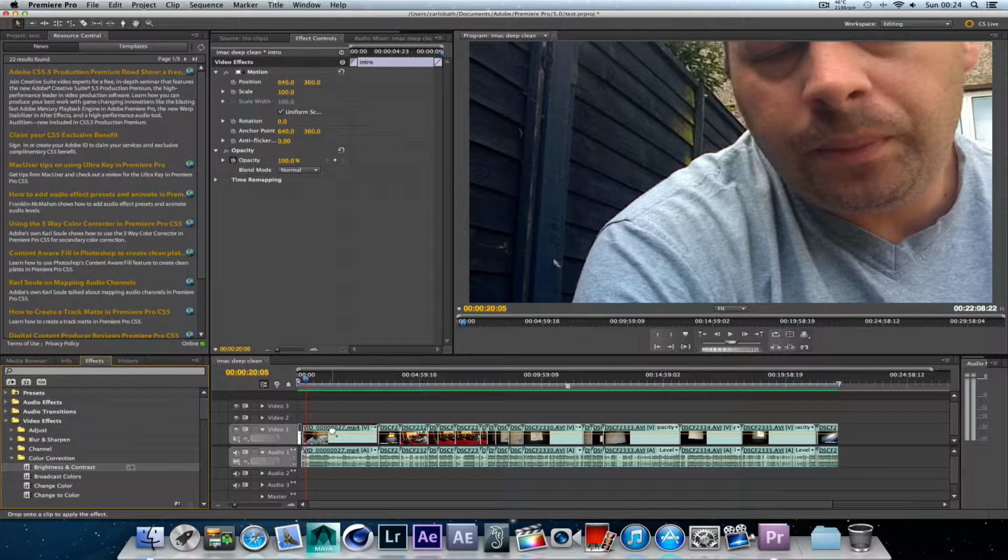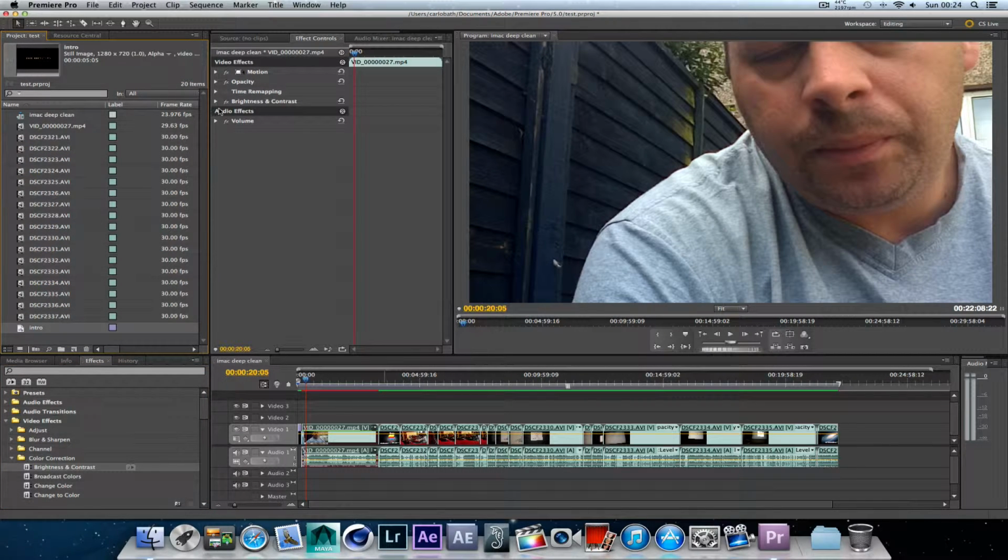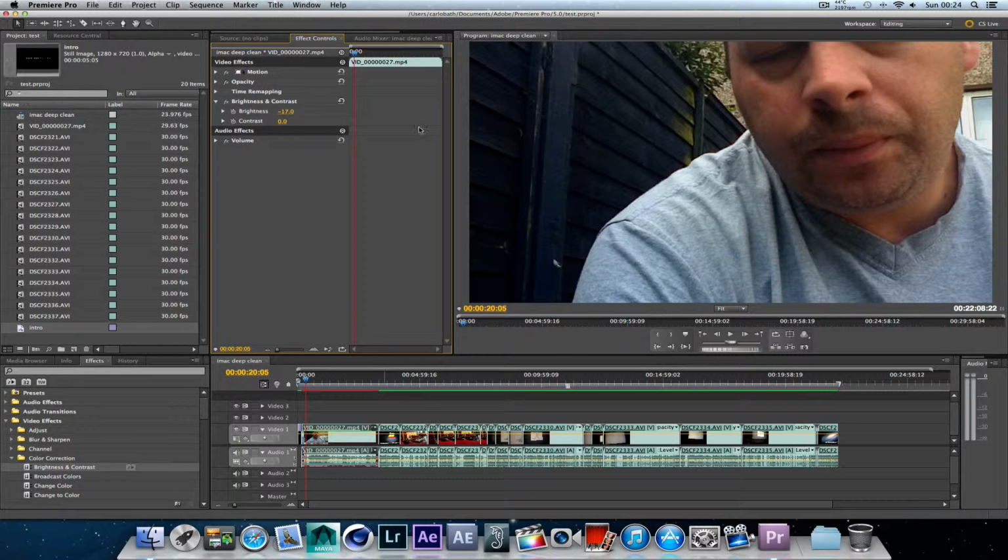And that will do its thing. Right, so that's loaded in. Brightness and color corrections, always remember that it's quite intense stuff that you're doing. So I just want to bring my brightness down just a touch because this fence is blue, and just bring it up just a touch like that, and you can sort of repeat the process on